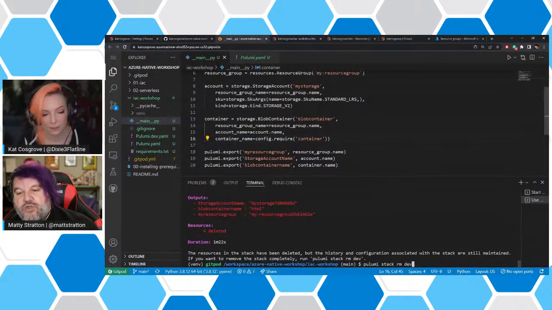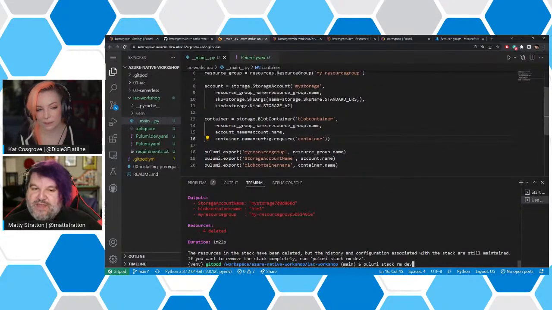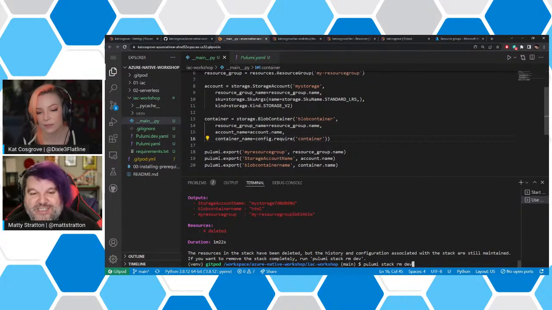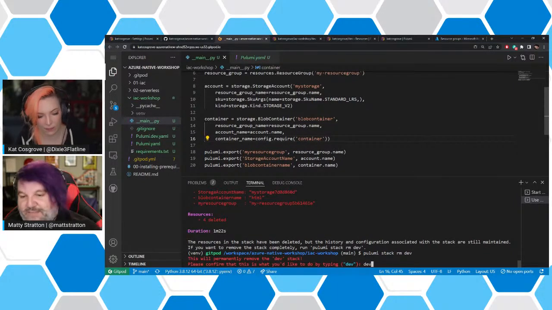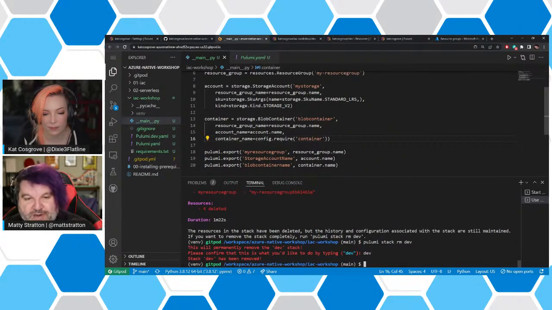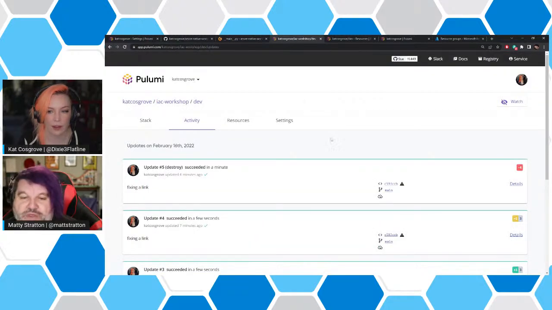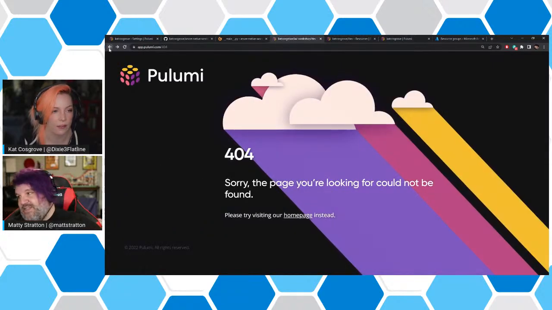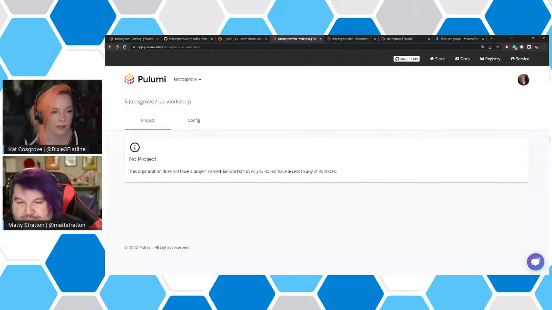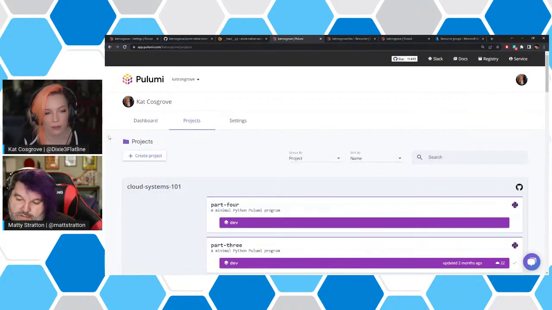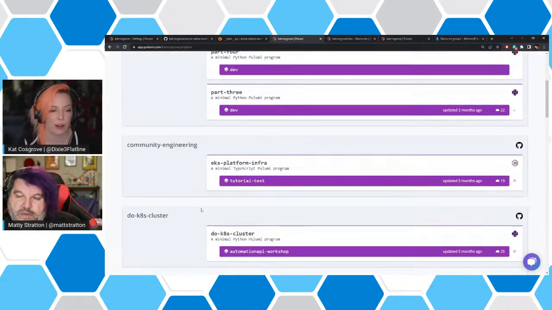Deleting a stack like this is something that, as a developer advocate who does demos, I do all the time in real life. You should not, very rarely, unless this whole project is over, like we built a new feature and it's just dead. Now if you reissue it, it'll 404, because the stack's just gone. This organization does not have a project named IAC Workshop because I nuked it from orbit. You just see my other ones.